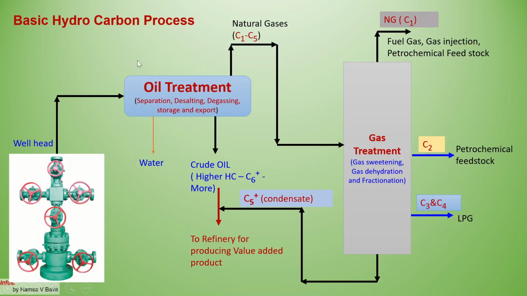So these are the total hydrocarbon industry overview. From that, oil is going to the refinery, then natural gas is treated and separated, with removal of pollutants, then separated as C5 plus, C3 and C4, then C2, then C1. This way it is working, and based on this C1, various petrochemical industries are there. Of course, a refinery is also one of the major hydrocarbon industries. Most of the Gulf countries have one or more, even two or three refineries.